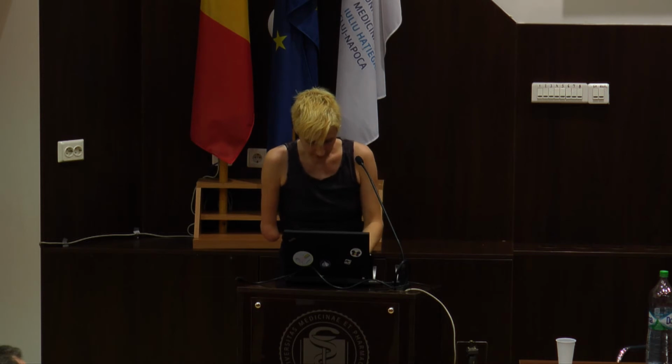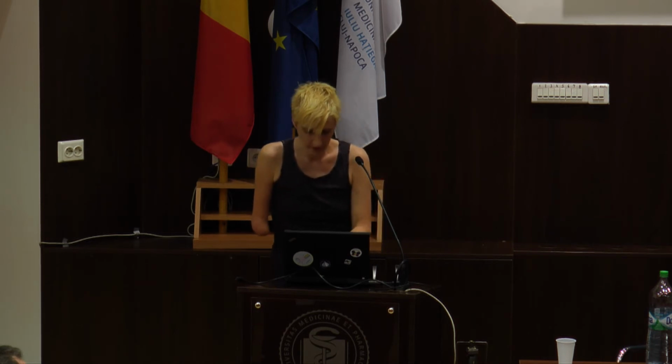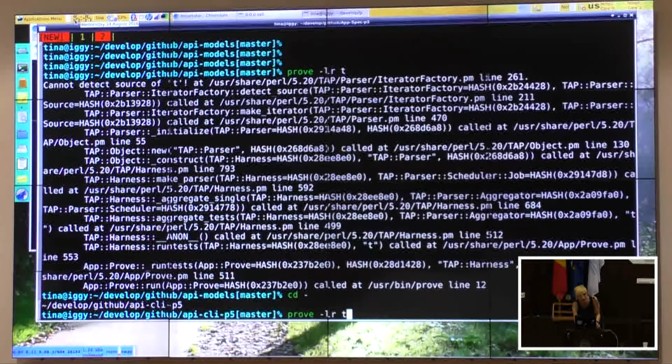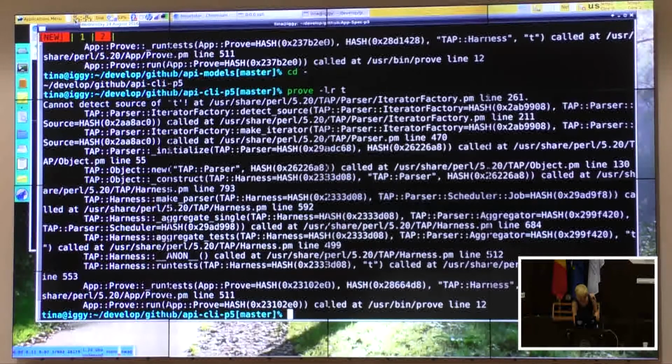Testing? Yes. You just mean this, or what exactly do you want to test? App::Cmd has some modules for testing apps, and I was wondering if you were doing something similar. My testing is pretty